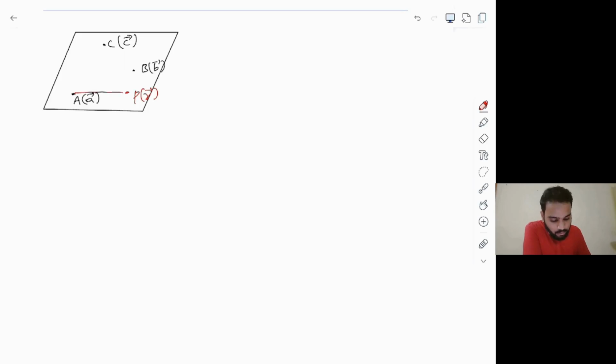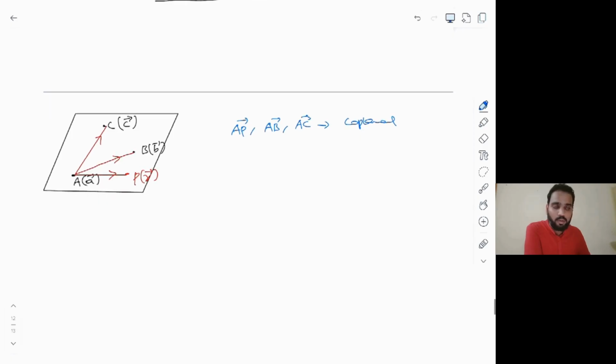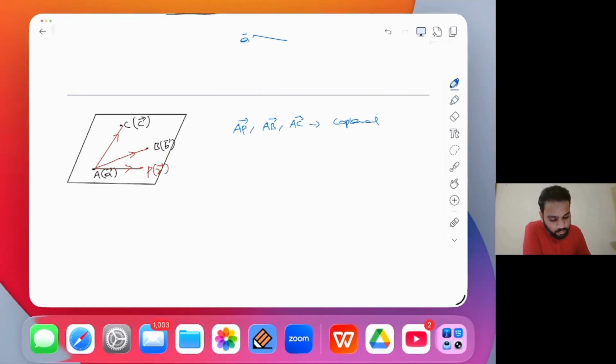So this time I am going to form three vectors AP bar, AB bar, AC bar. What can we say about these three vectors? Clearly, the three vectors AP bar, AB bar, AC bar are lying in the same plane in this case, which makes the three vectors coplanar vectors, right? Now, if you recall, whenever we have three vectors, for example, A bar,